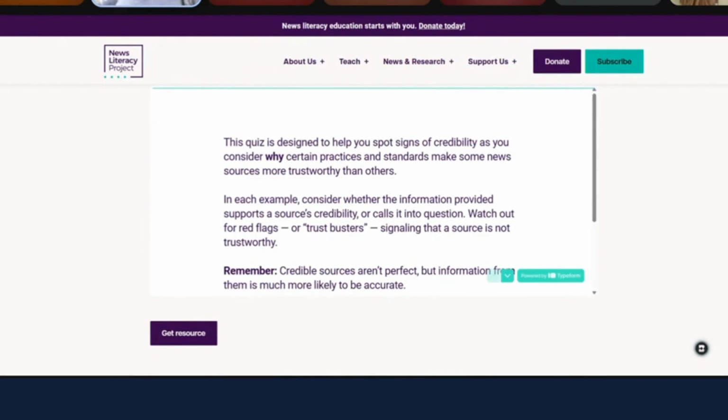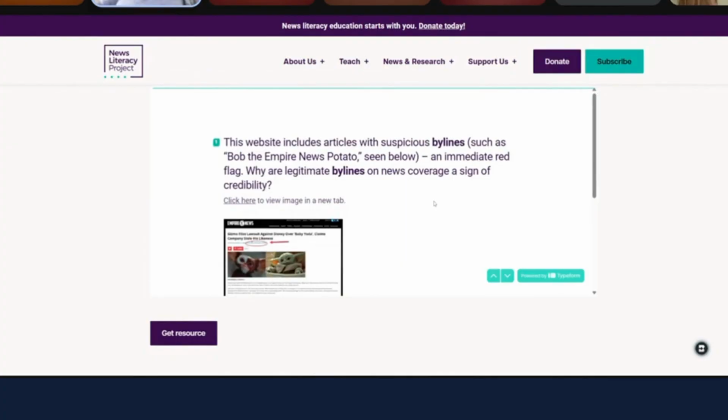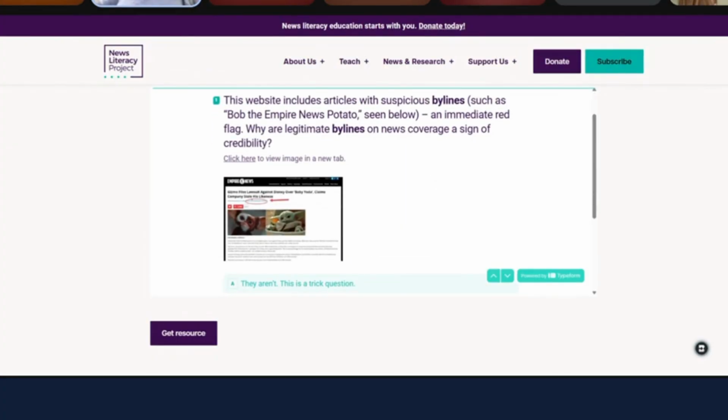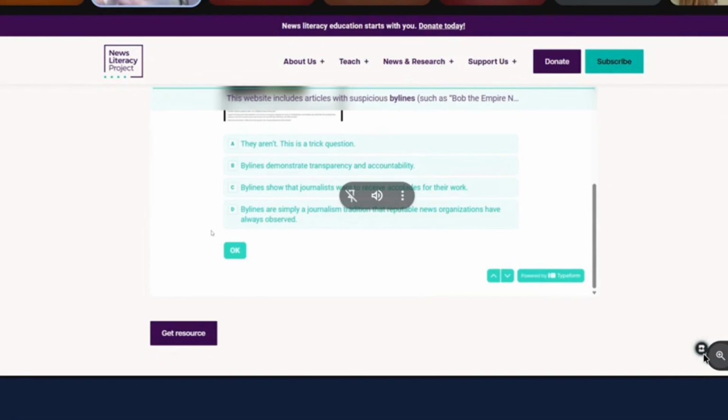And again, that's going to apply to what they're using as part of their research as well. So let's get started. This website includes articles with suspicious bylines. And so this would allow us to introduce the idea of what a byline is. Here it's kind of a quiz that students can answer and move forward. All of the questions are doing a similar thing, showing an example of a source and pointing students' attention to certain things to get them to start to wonder and question what this is, or